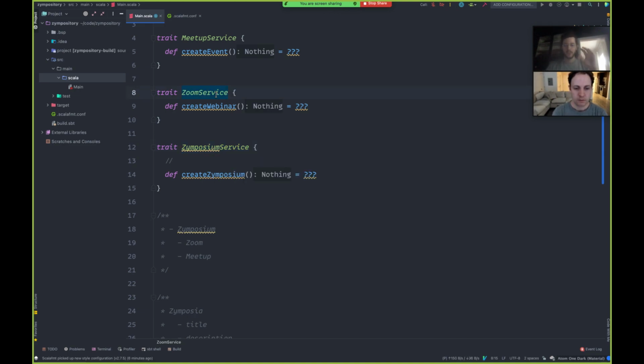But maybe sort of as a... we can write... the cool thing about ZLayers is, if we write a test for the Zoom service or the Meetup service, we can have a whole test suite for them, and by swapping in a different layer, we can either run it against a test implementation or swap in the live implementation. And so it's kind of nice.